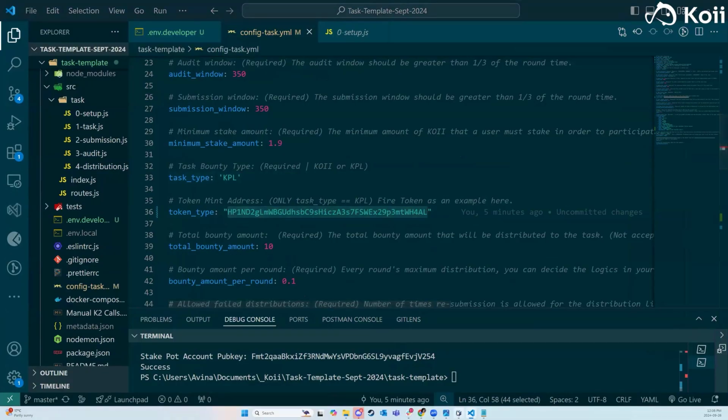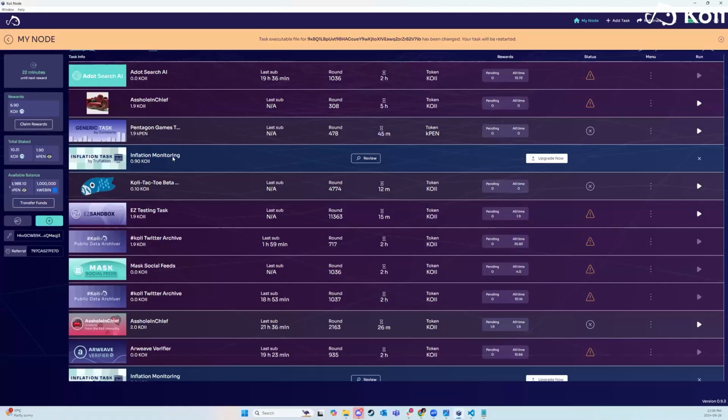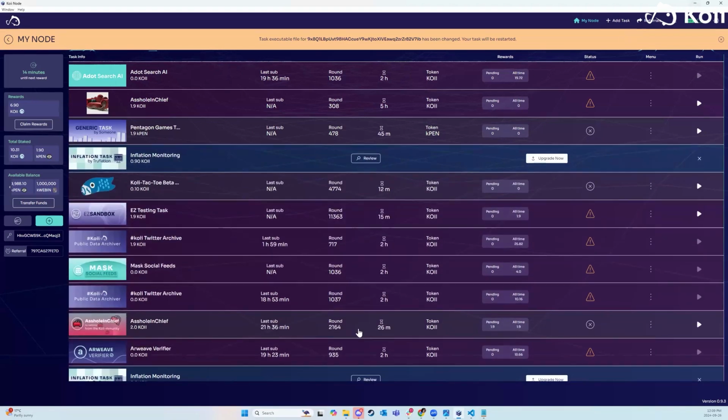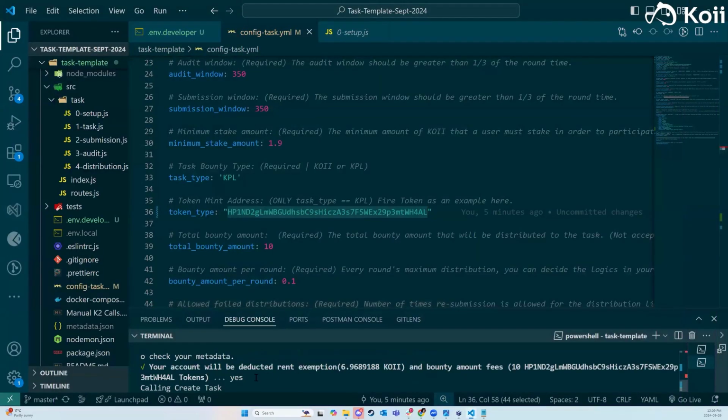So if we open up the Koii task, for example, let's look at Pentagon Games. We can notice that the token that they're giving out is now KPen, which is their token. There should be another piece. Oh yeah, token right here, KPen is what's being given out. And so in concept, if we take,